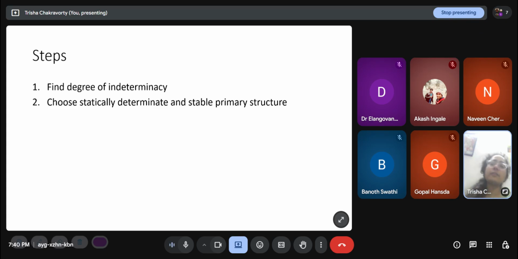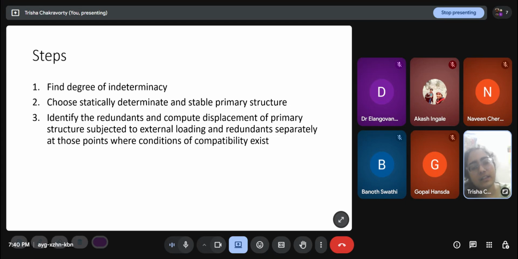I have to add here that just because the structure is 1 degree indeterminate does not mean that all of the individual support reactions are redundant. As I said, for a propped cantilever, if I remove the horizontal restraint, it makes the structure unstable because there is no horizontal restraint in the entire structure. So that horizontal force I cannot choose as redundant. I have to choose any of the vertical forces or a moment support.